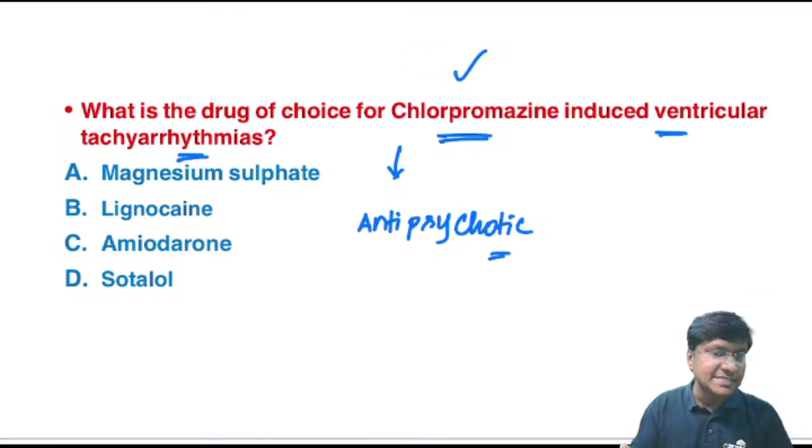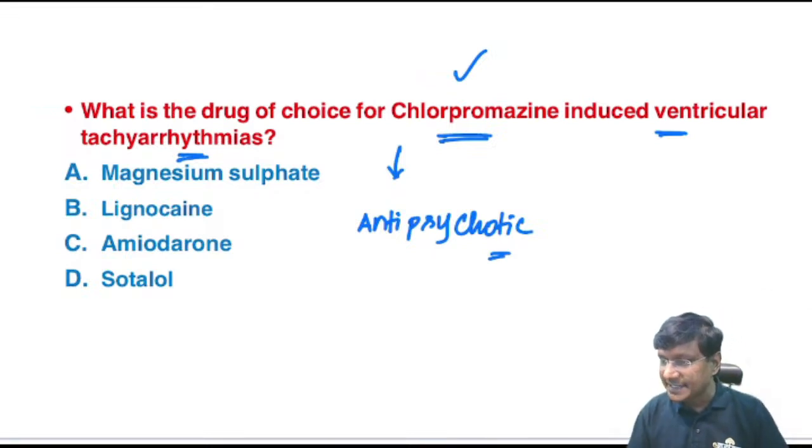Now what is the mechanism? What are all the various antipsychotics? One includes chlorpromazine, the other drug is olanzapine, next is quetiapine, then thioridazine. These are some of the antipsychotic drugs. The mechanism of action of these antipsychotics is they cause inhibition of alpha adrenergic, dopaminergic, histaminergic and serotonergic activity. Some of the agents also inhibit the potassium as well as calcium channels.